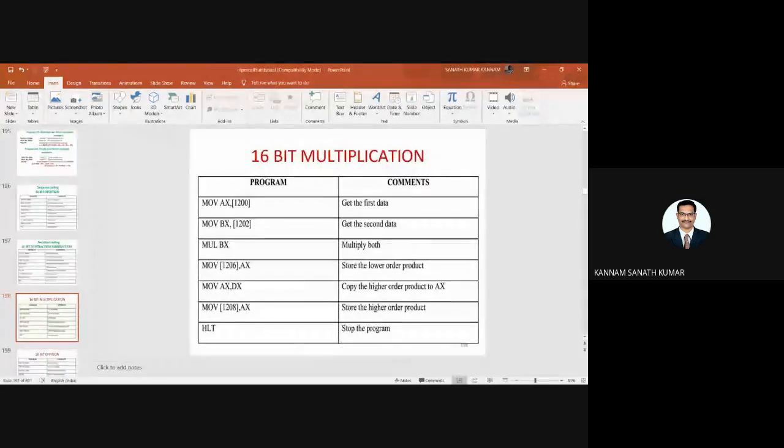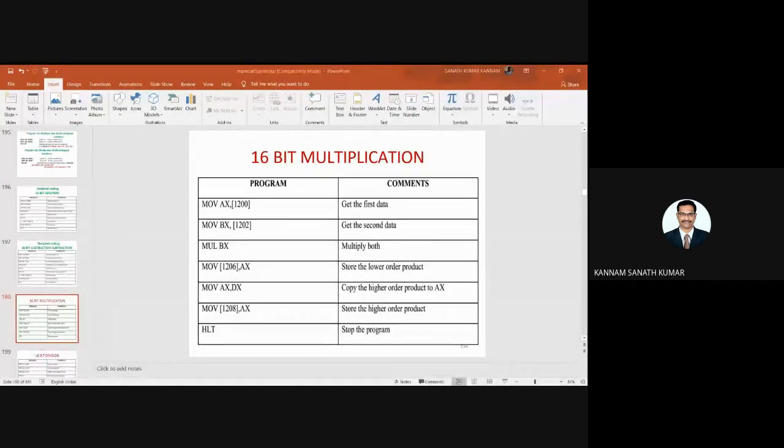So this is a 16-bit multiplication. If you see this program, whatever value is present in 1200 and 1201 you move into AX, and 1202, 1203 you move into BX.